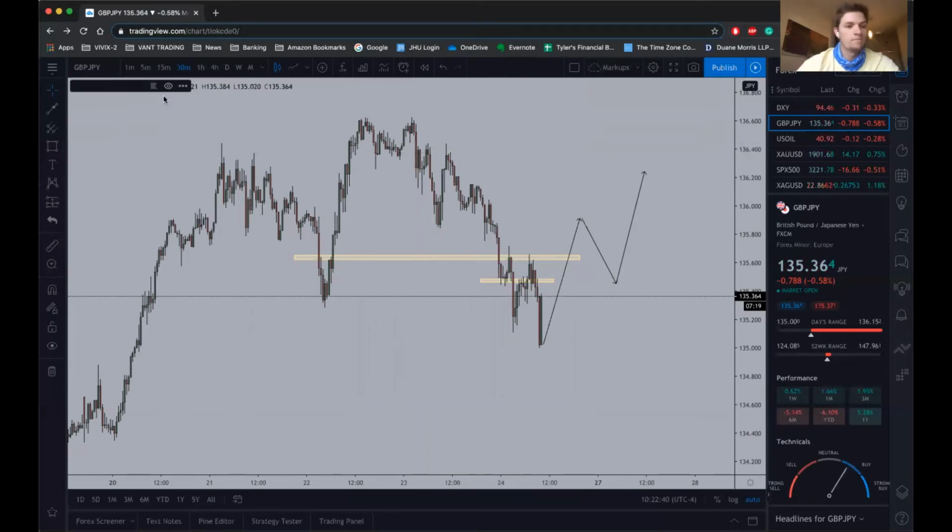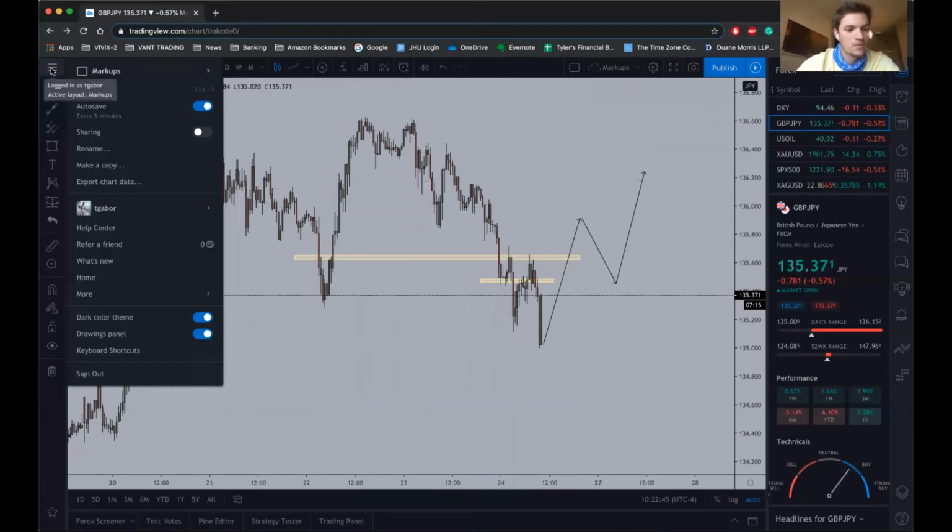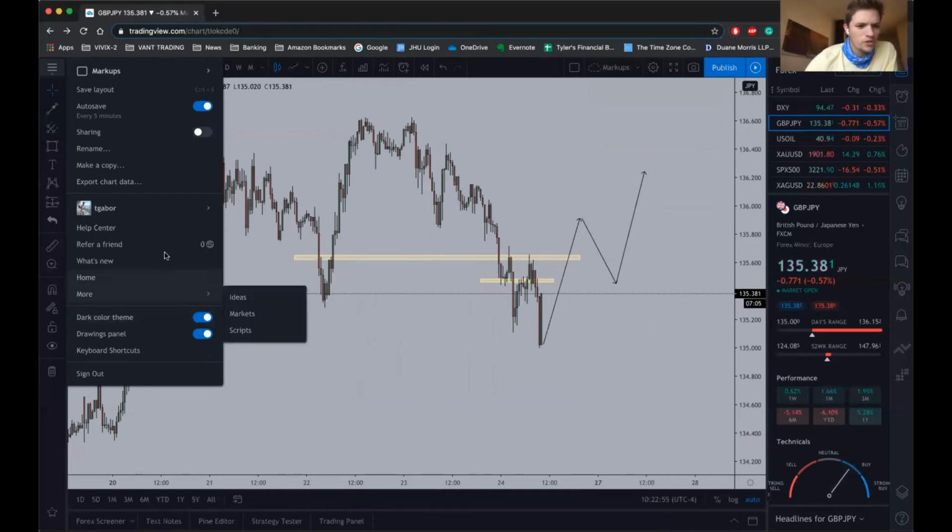Okay, moving on. One cool thing, if you go up here to the top left and hit the 3 dots, there's a dark color theme and a light color theme. I do the dark because it's easier for my eyes, but I think default is light. So, whatever you prefer, you can do. If you go here to your profile, if you have an account,